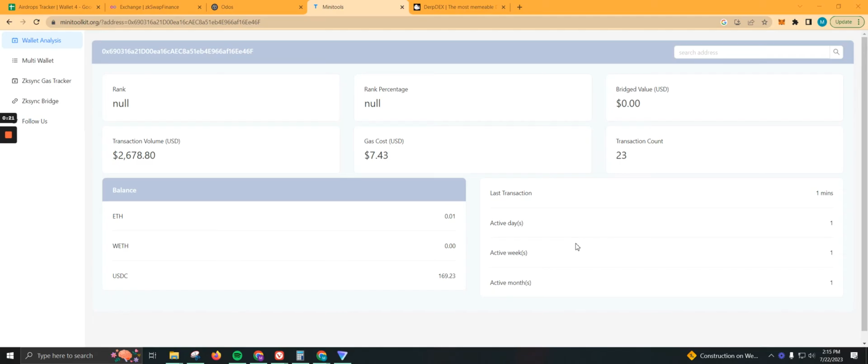I already started farming this new wallet, and as you can see my transaction volume is already at 2.6k. I have made 23 transactions. My active days is just one because I just started today, and since I was adding transactions, I said, you know what, let me just make a video and show you how super easy it is to add some volume on zkSync. So this is minitoolkit.org, where you can add your wallet address and it will show you